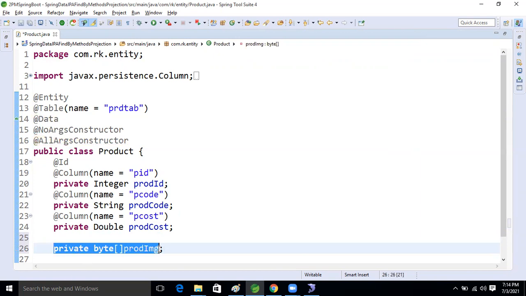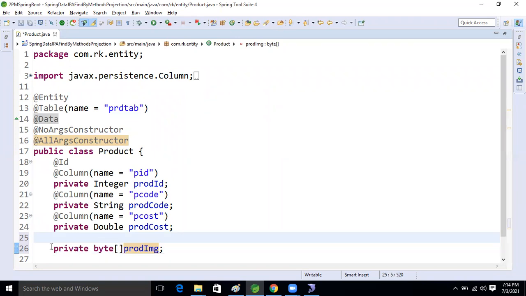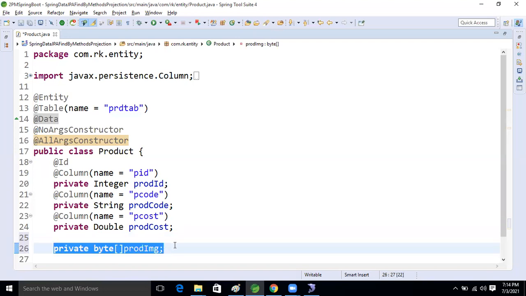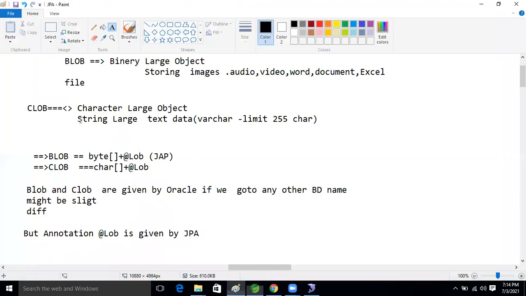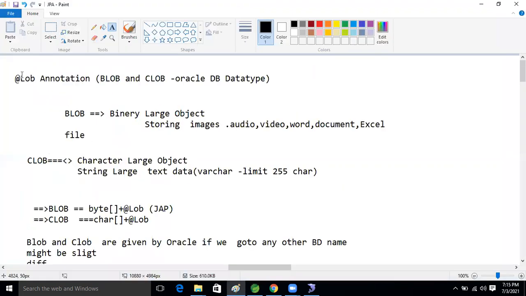Come on, guys, now I explain. Blob. Why blob? We are taking a byte array, an image. Because we are taking the byte array now, okay? So if we want to tell our IOC container this is the blob insertion, then what annotation will we take now, guys?